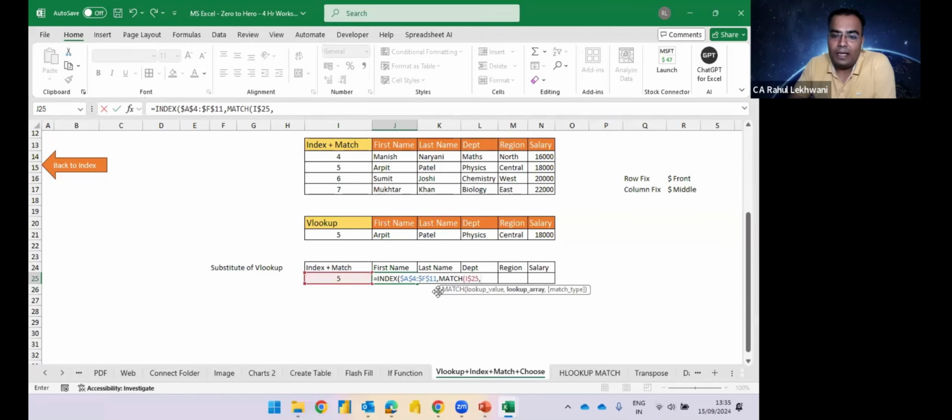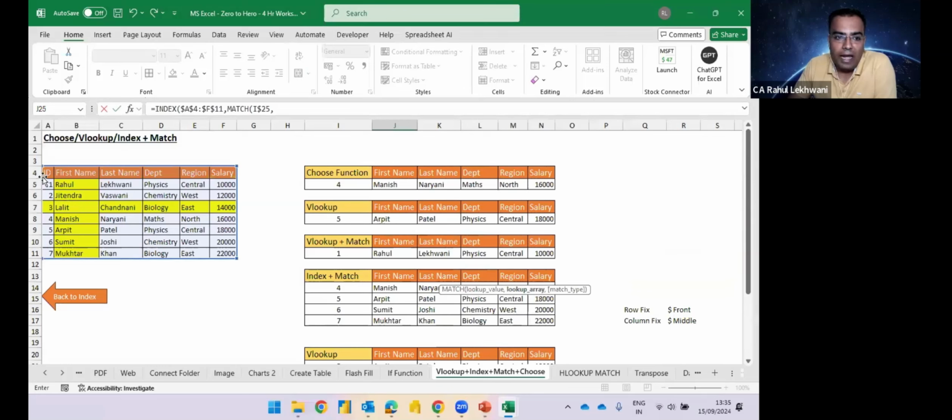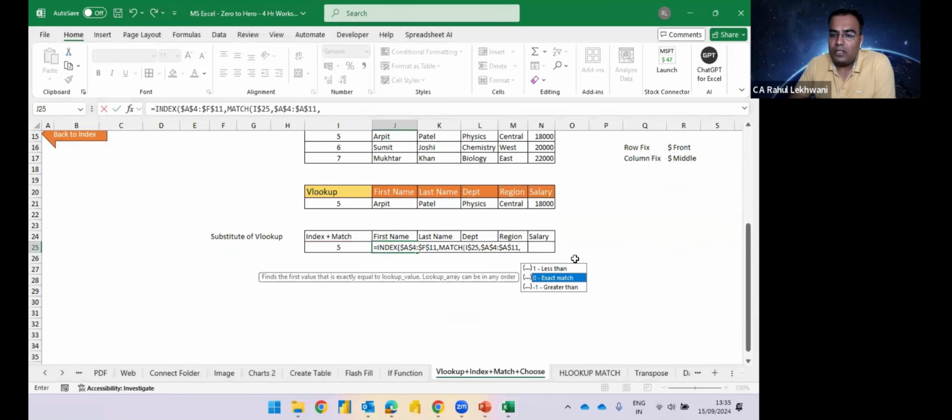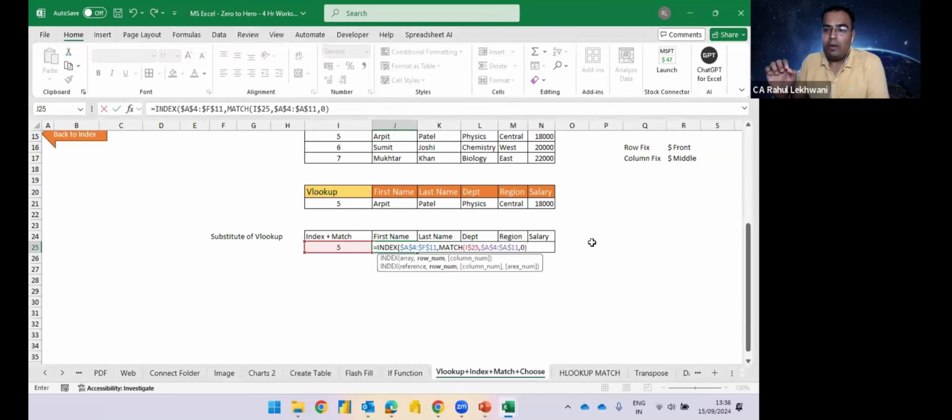Comma, lookup array. Now my ID is in which column? My ID is in A4 to A11. So I'm just going to select that. Okay, don't select any other thing, otherwise the formula will be wrong. Comma. That's it. I'll always go for exact match. So 0, comma. Now my job is not 100% done. Still, I need to write one more match because I need to match the column, right? Match